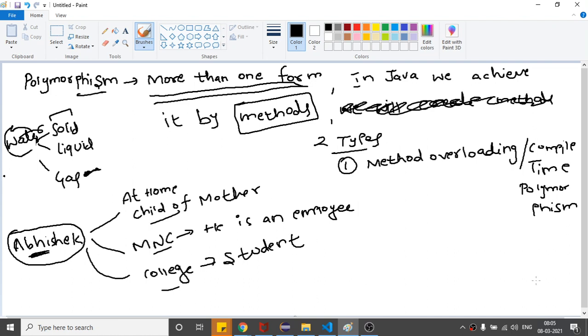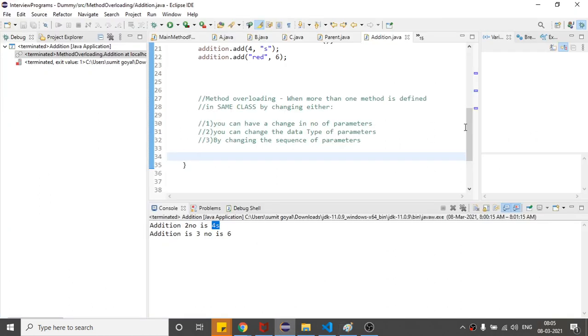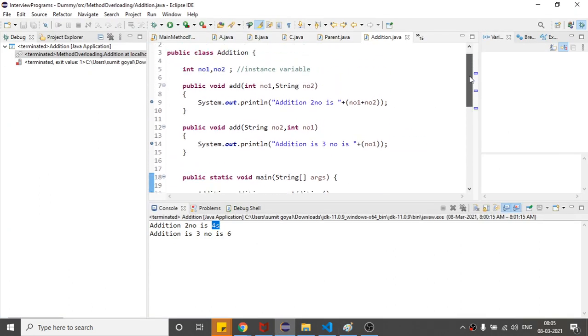See, this method overloading is a case of polymorphism, because you can clearly see the person is the same, but it has more than one form: somewhere it is adding two numbers, or somewhere it is adding more than three numbers, right?